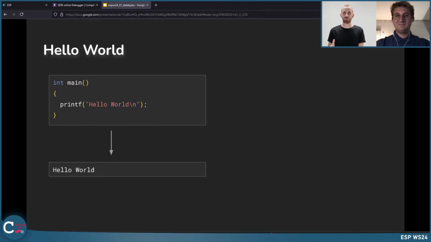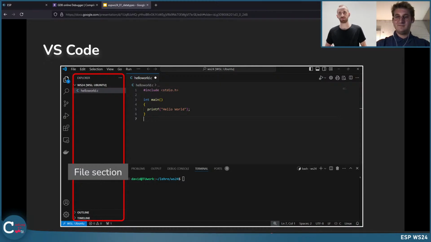But when we want to write such a program, we need a program to write source code. It's similar to writing a text. You need, for example, a text editor, or Microsoft Word if you are more advanced. In our case, we are using VS Code. VS Code is a program that helps you write code, and it has a few components.